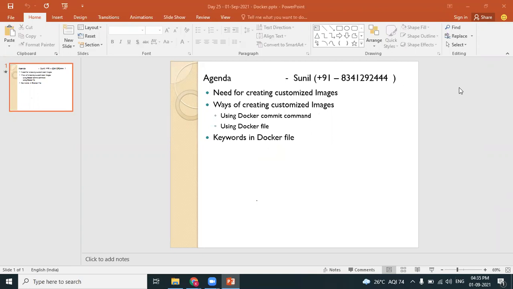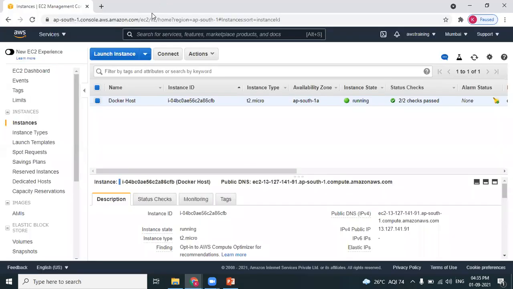So without any delay, let's get into the concepts. I already have logged into my AWS cloud. I already have started the Docker host. Let's connect to the Docker host.